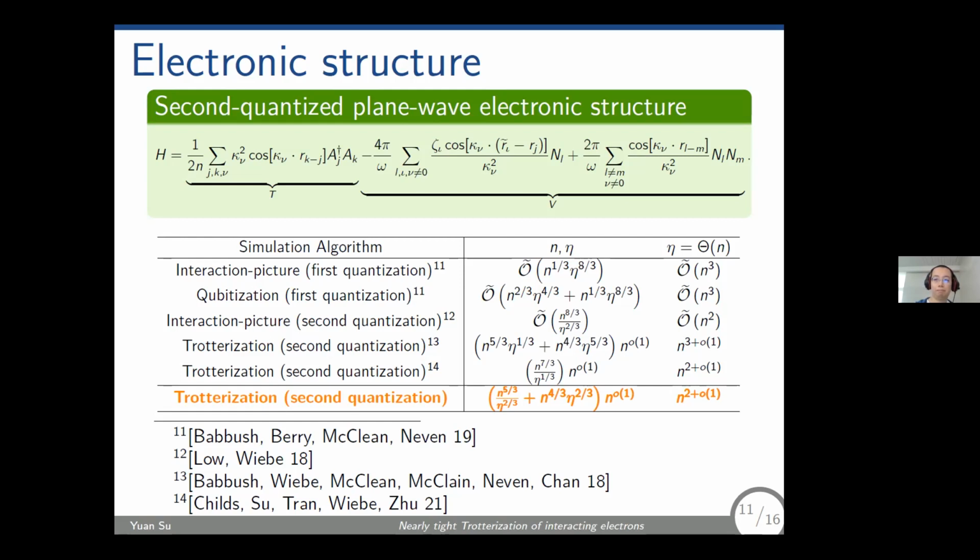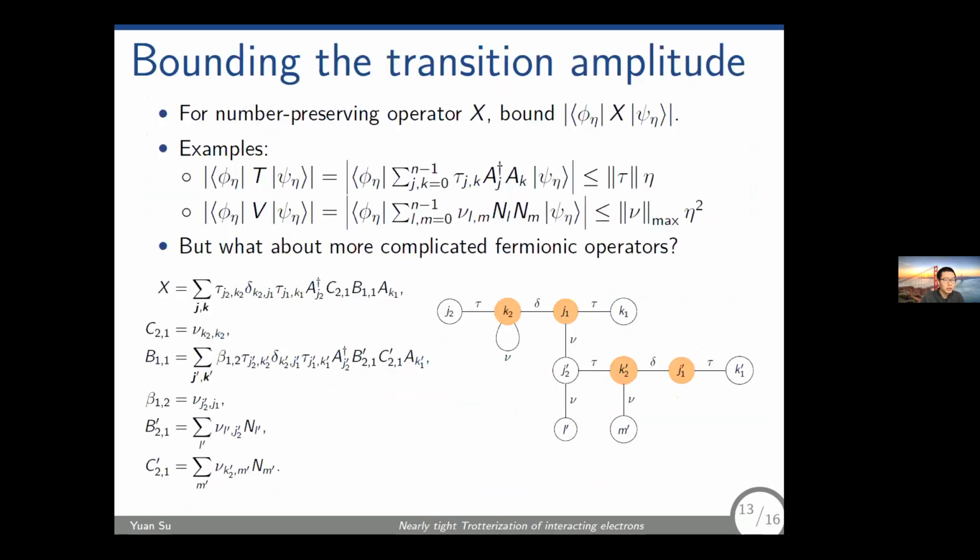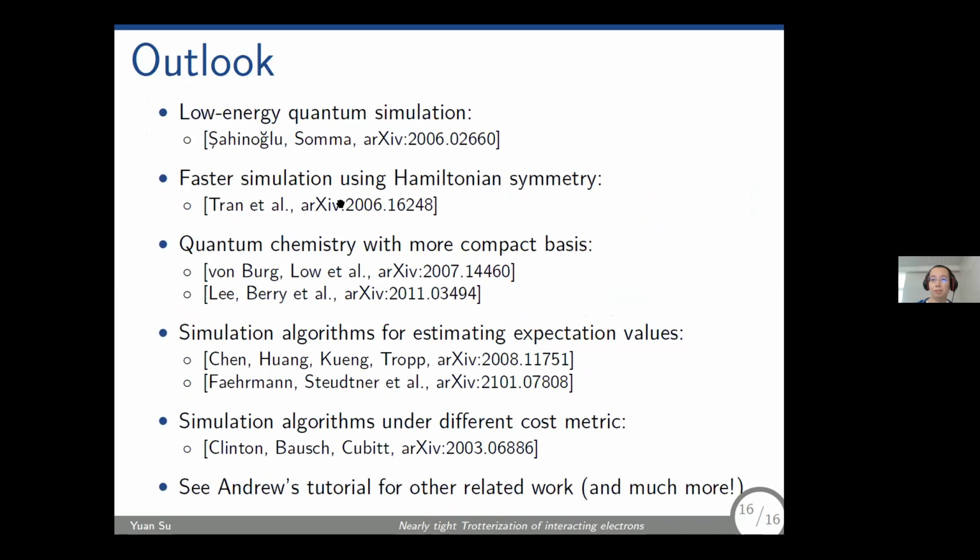Okay, thanks. And from the Slack channel, Sam Pallister is asking, do you consider your results as a mutually exclusive exploitation of number conservation to the Chen et al. paper, or could you use them both in tandem? Can you repeat the question? Sorry. Do you consider your results as a mutually exclusive exploitation of number conservation to the Chen et al. paper, or could you use them both in tandem? Oh, you mean this one?